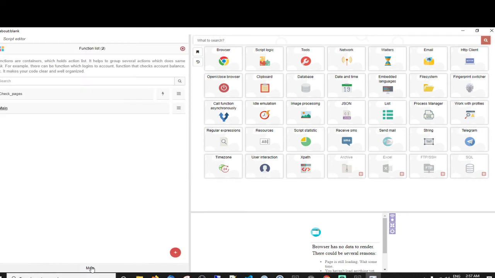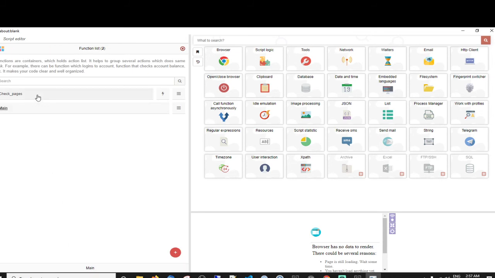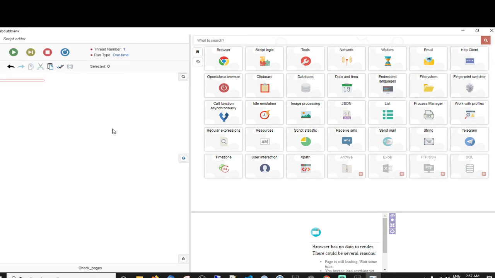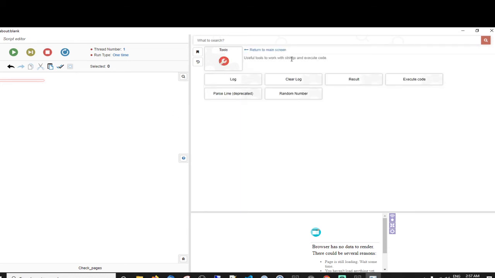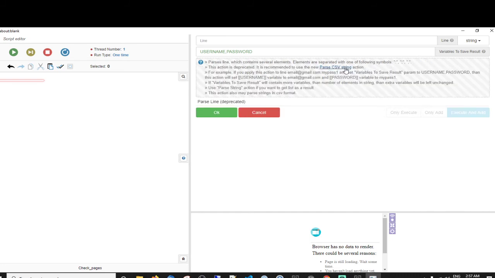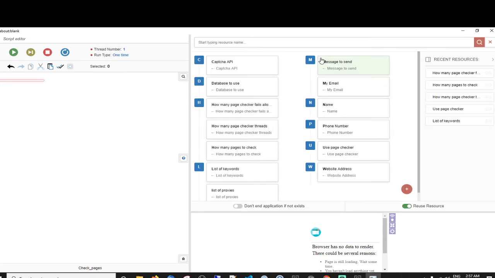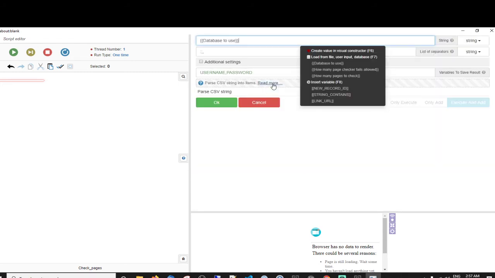So then let's go on to the function. Nope. Let's go on to the function. Check pages. So we want to do pass lines, deprecated now, isn't it? Pass CSV, okay. So what we want to do is get the database to use.